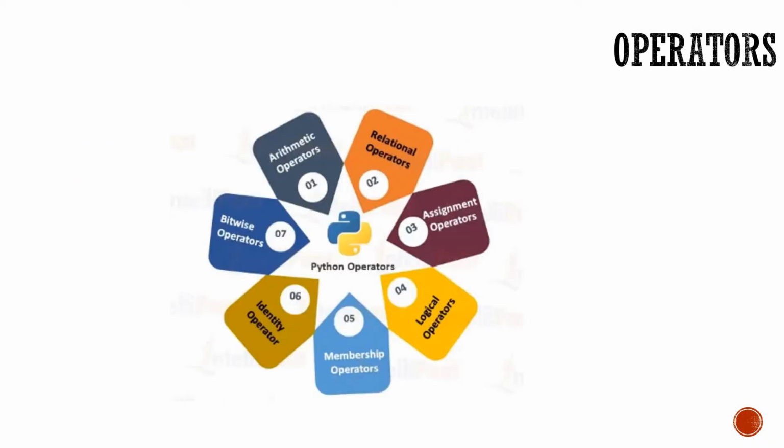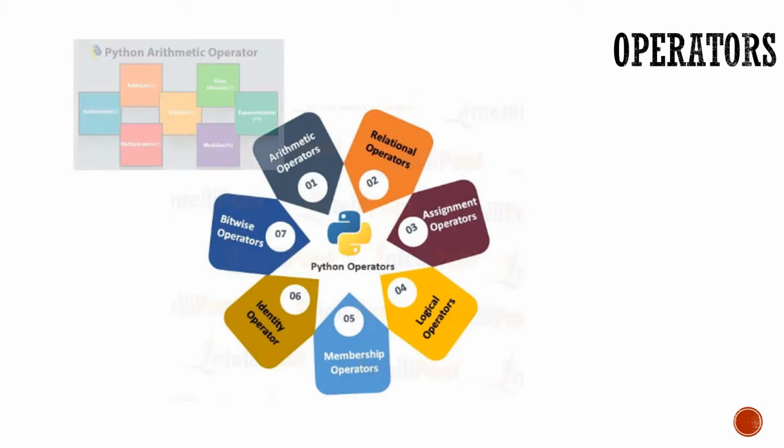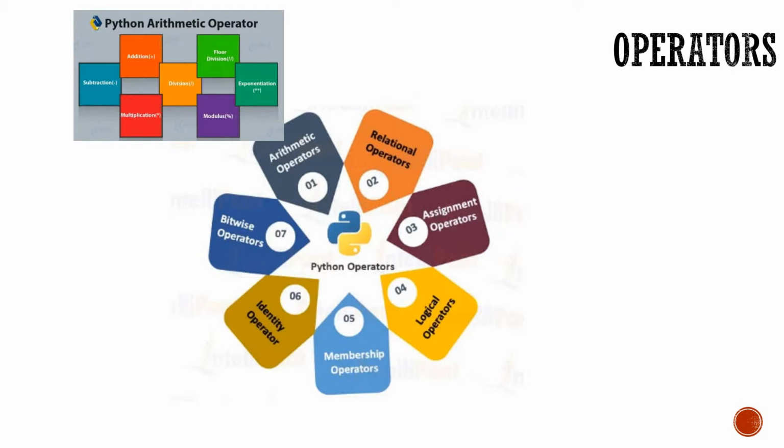Next one we are having operators. So in Python we are having 7 different types of operators. First one is the arithmetic operators. What are arithmetic operators? Basically, first thing, what are operators? Operators are tokens that trigger some computation, or you can say the action when applied to variables or other objects, which are known as operands. Okay, so first one we are having arithmetic operators. For arithmetic operators we need 2 operands. Okay, in this we are having addition, subtraction, multiplication, division, modulus, exponential, etc.